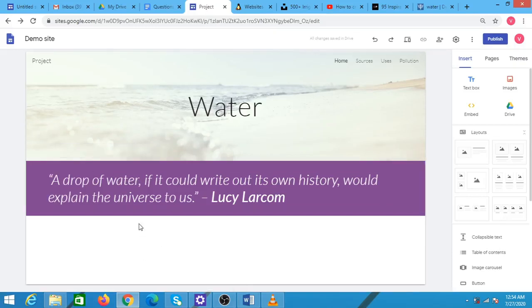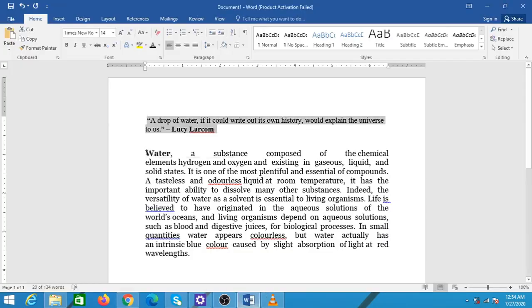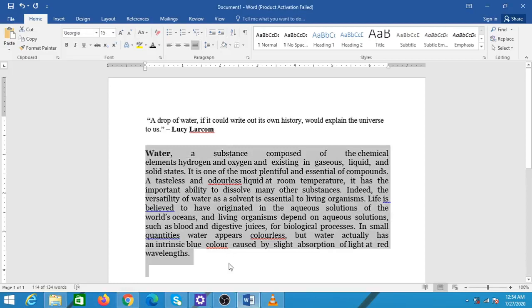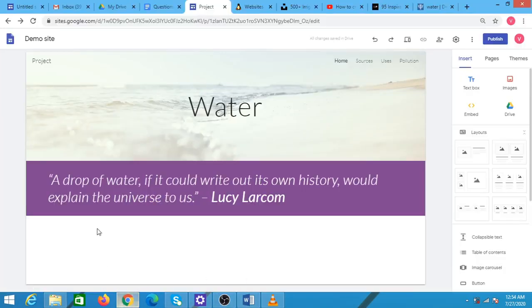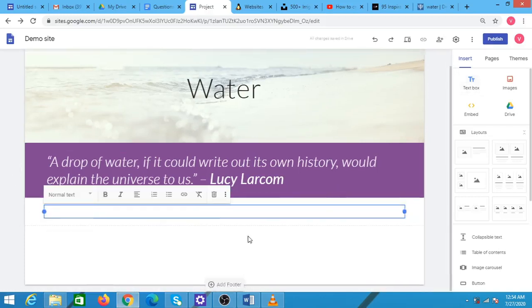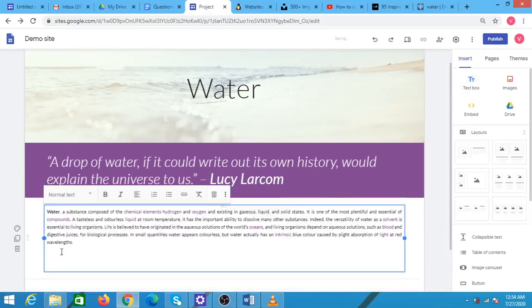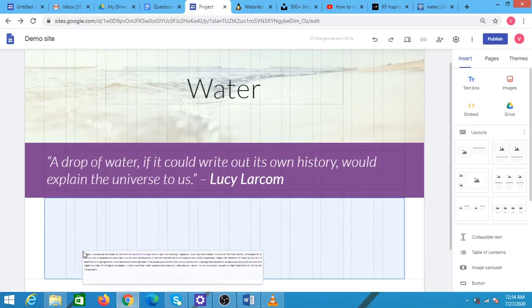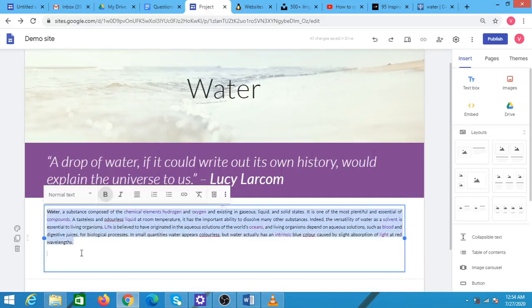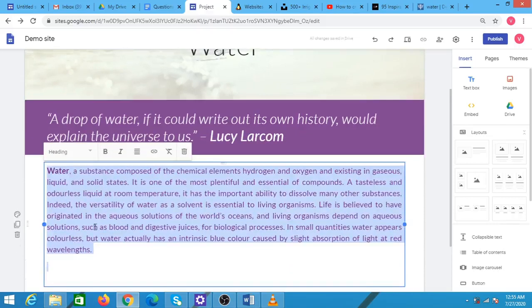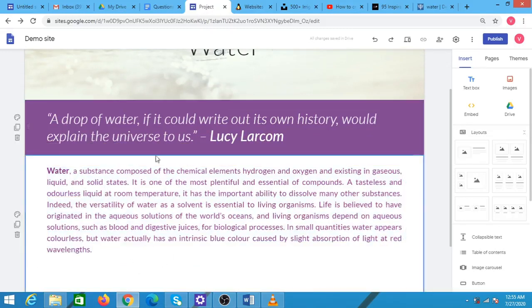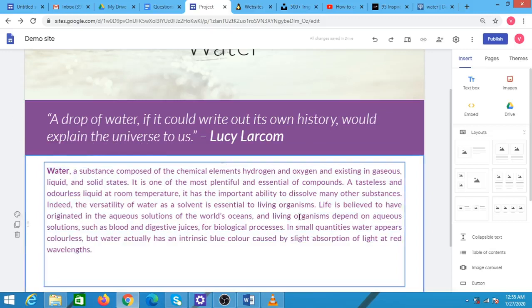After this, suppose I wish to add more text. I'm doing it from the Word document again, selecting it, creating a section by clicking on the text box and copying it over here. I change the formatting options. And this is done. So this is how you can create various sections and organize your text over here.